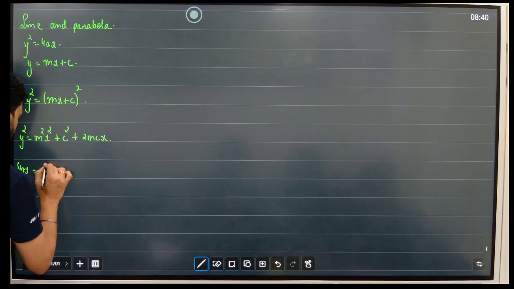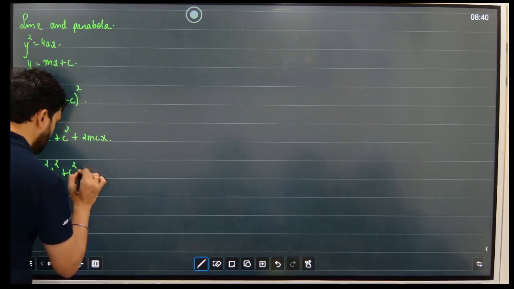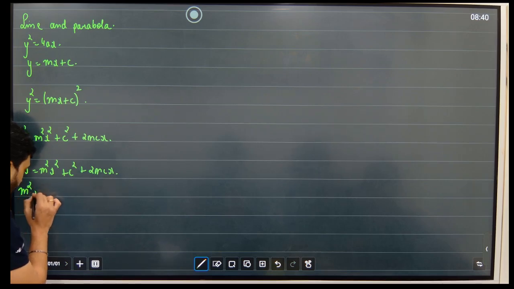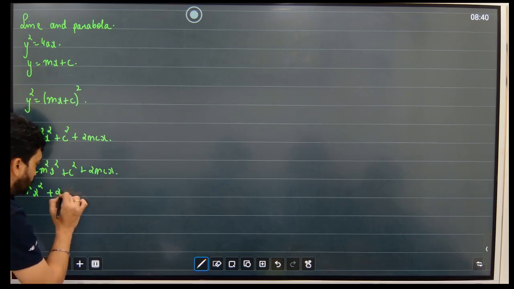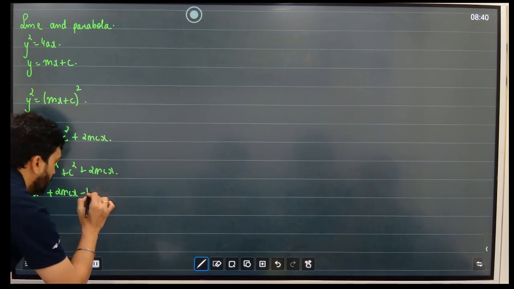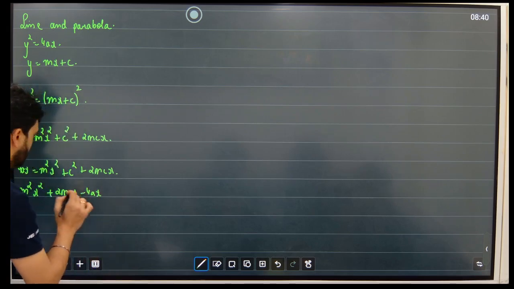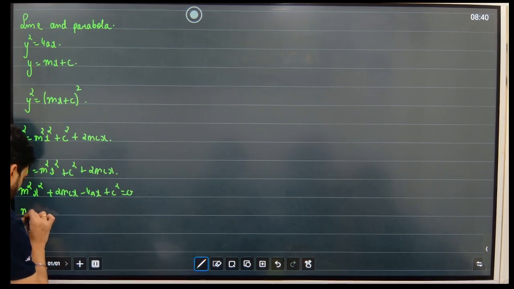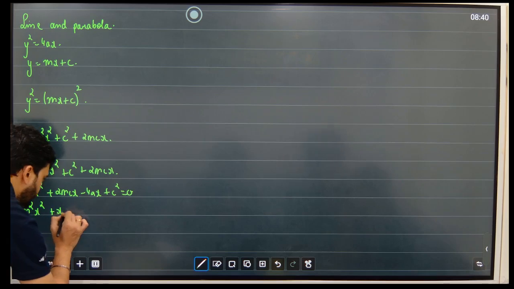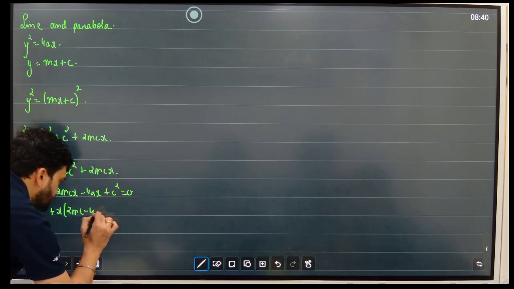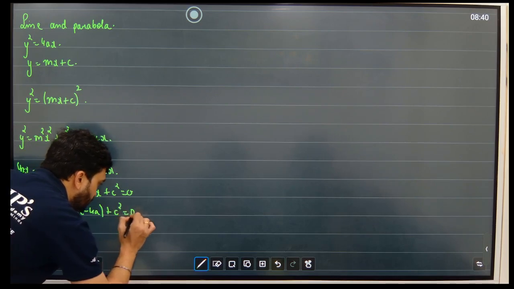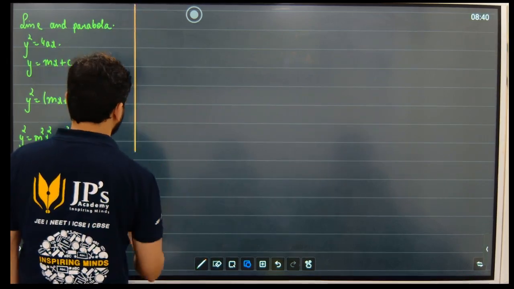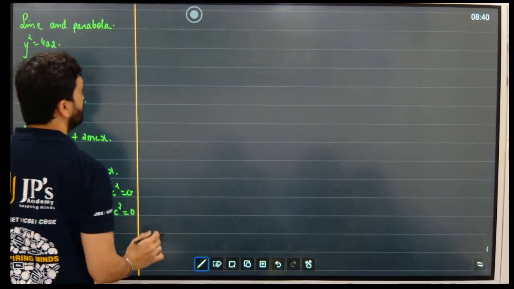4ax is equal to m square x square plus c square plus 2mcx, and this will become m square x square plus 2mcx minus 4ax plus c square is equal to 0. So m square x square plus x into (2mc minus 4a) plus c square is equal to 0. Now this is a quadratic equation, and since this is a quadratic equation, the quadratic equation mein 3